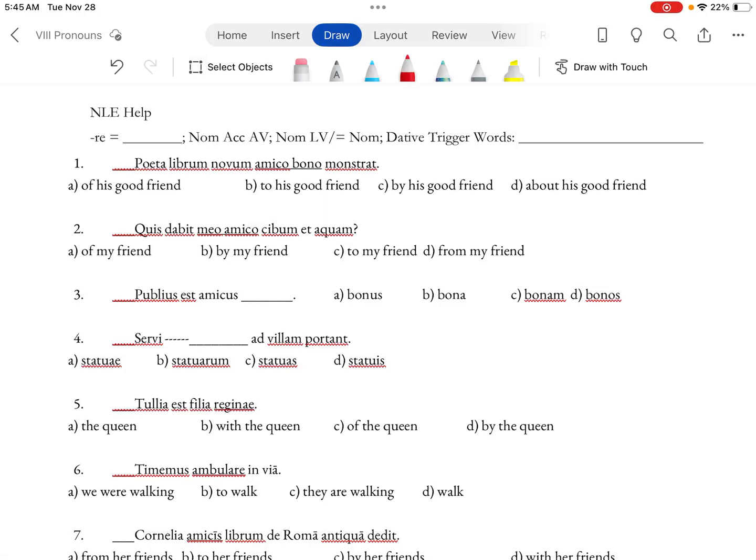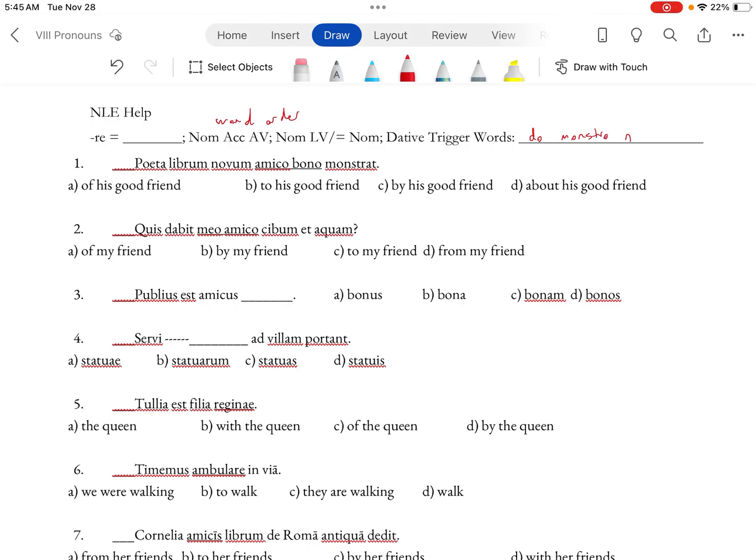What's happening? We are on Lesson 8, Pronouns Part 2, and this one's going to focus on the National Latin Exam help and a few things we need to look at. The RE. It's going to be 2 blank. Word order. Either nominative, accusative, action verb, or nominative, linking verb, nominative. And then the last one, dative trigger words, do,